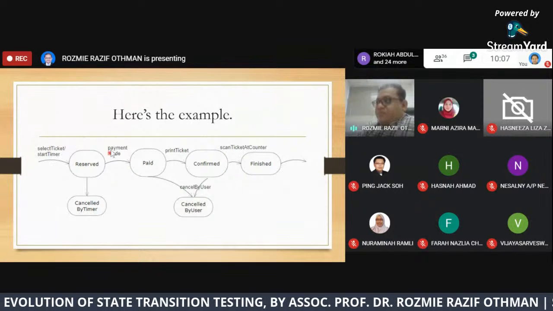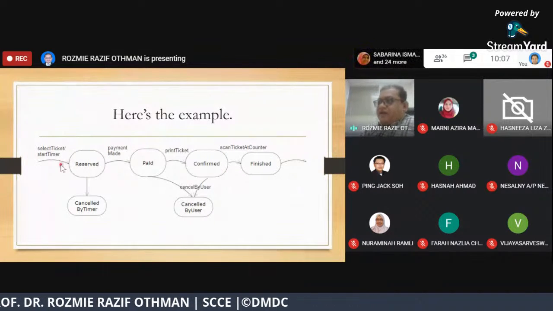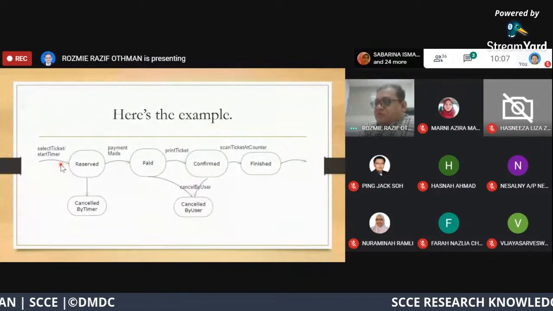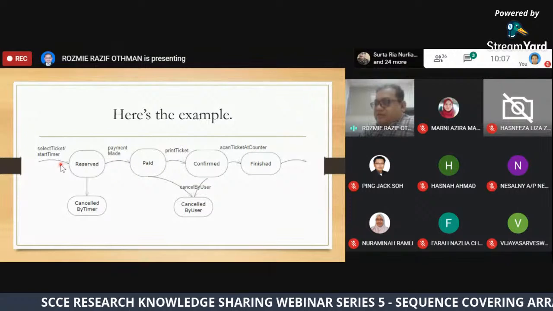When we are at the end of buying a ticket online, usually we have to select the ticket and select the seat.